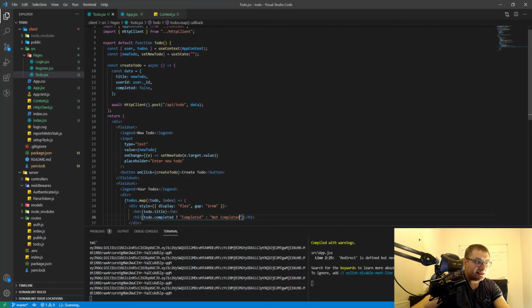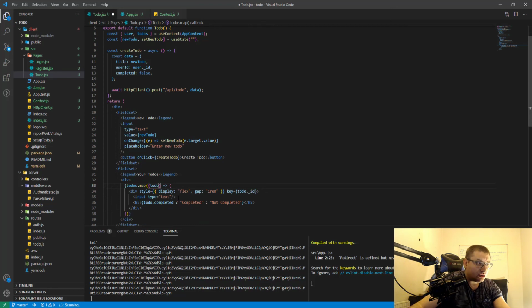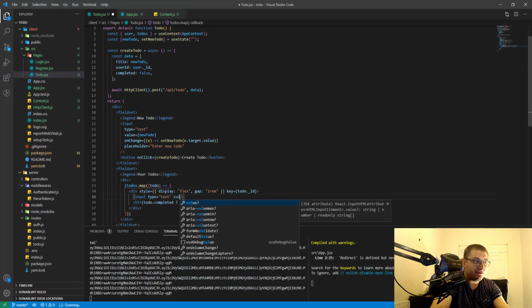And actually we will need to say here, this will need to be an input of type text, and here in the div we also need a key of to-do.id or index. Actually we don't need this index. So this text will have the value